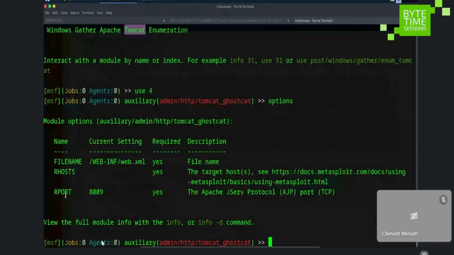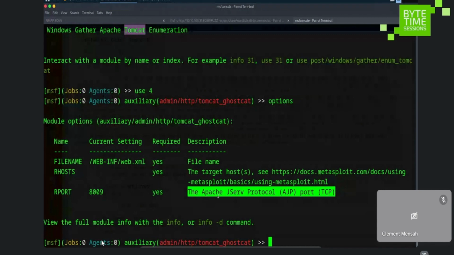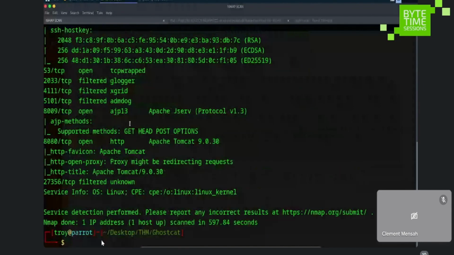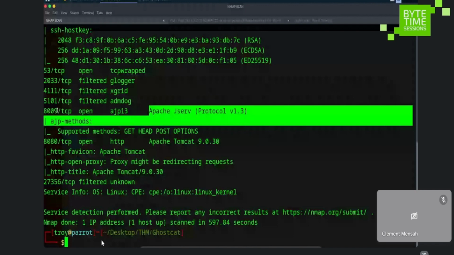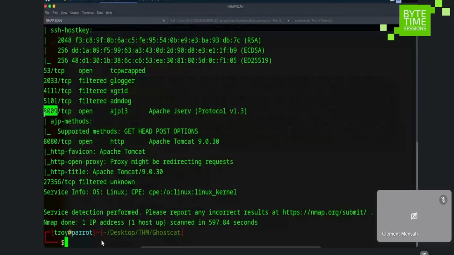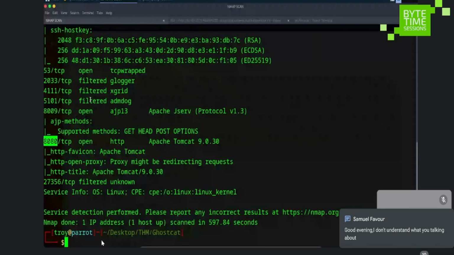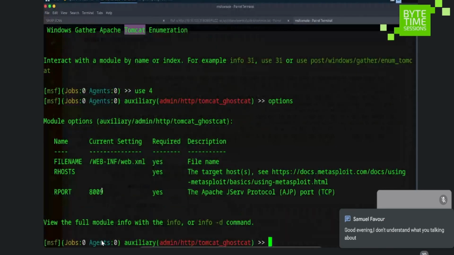And then the remote port. The first time I was running it, I actually used the web interface, and I had an error because I wasn't reading this part, the description. The description says that this port should actually be the Apache JServ protocol port. If you come to your Nmap scan, the Apache JServ protocol is running on port 8009. That is the port number we are supposed to use instead of this one. So if I replace it with the web interface port, it's not going to work. Okay, so the only thing we need here, since it's actually filled for us,